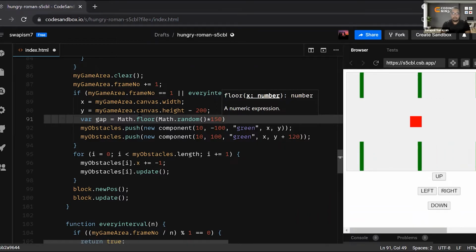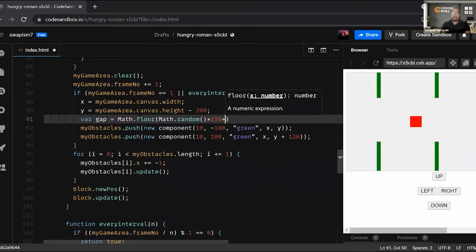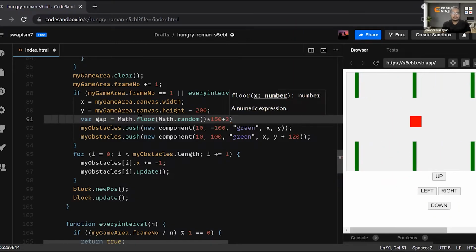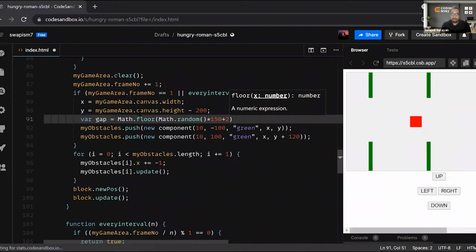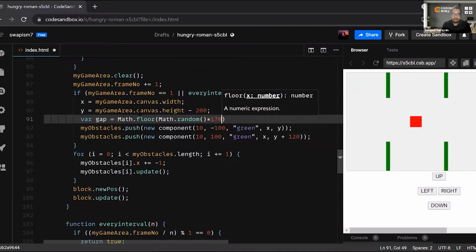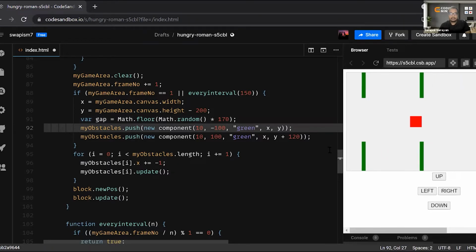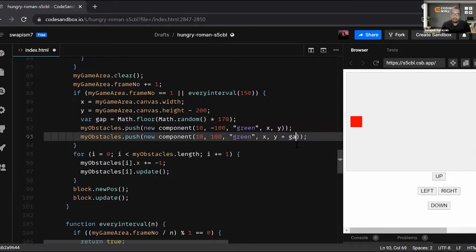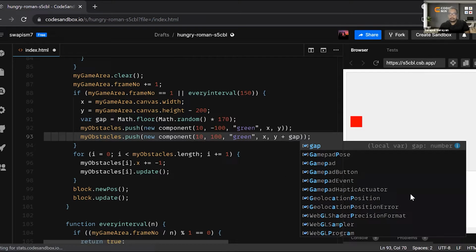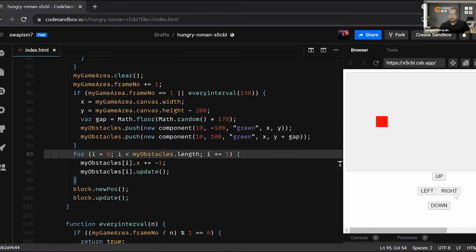And then plus 1 plus, let's say min high, say 20, 170. Okay, let's try it. And over here, instead of 120, let's write gap. No, the gap is not changing with time.